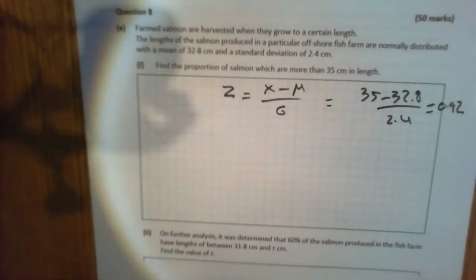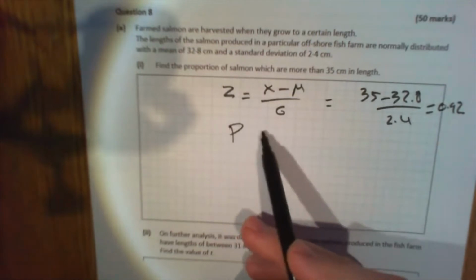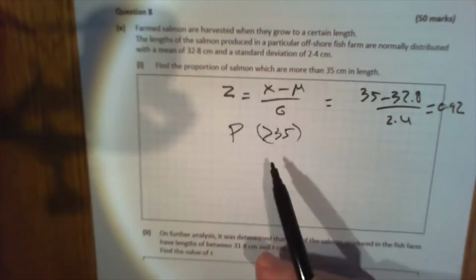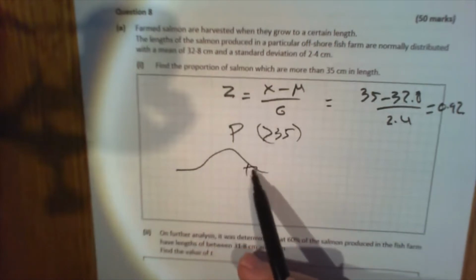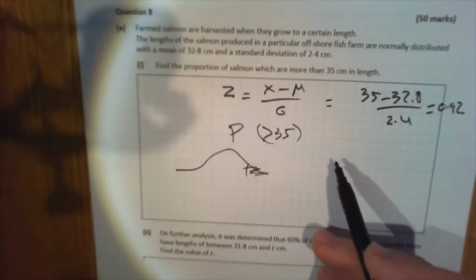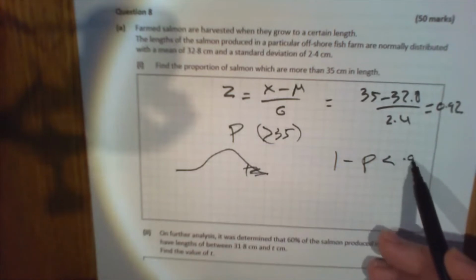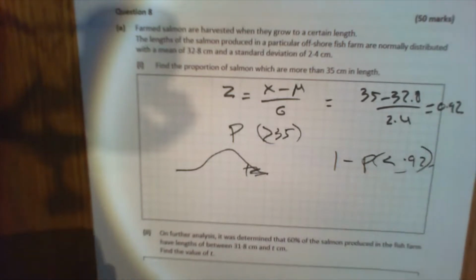Okay, 0.92, but we want greater than 35. So that means in terms that we want this area up here, so it's going to be 1 minus the probability that is less than 0.92, whatever that is. So look up 0.92,